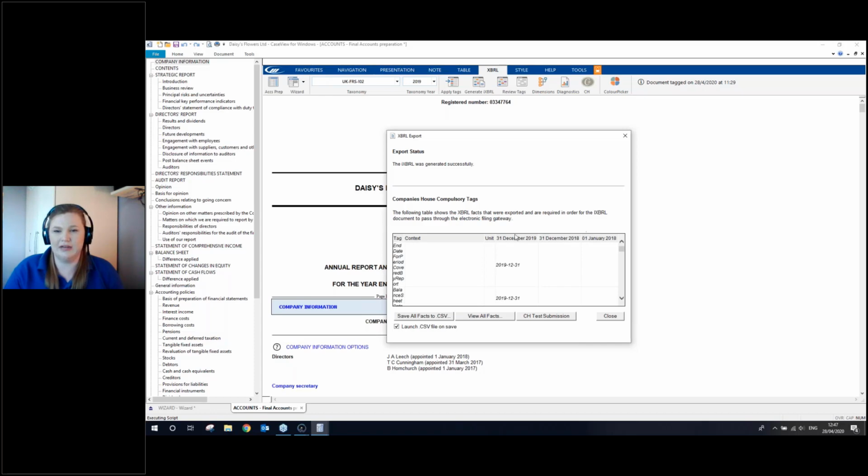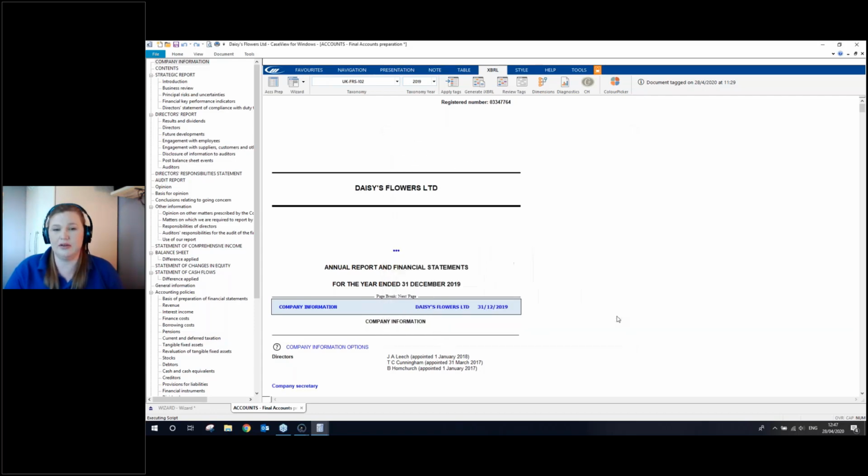any errors on here at all, then they would flag as red in this box here. You do have a CH test submission option available. What this will provide you with is the Companies House test submission. It will provide you with a PDF of what the accounts are going to look like once you have submitted to Companies House. But in this case, I'm just going to close this screen,